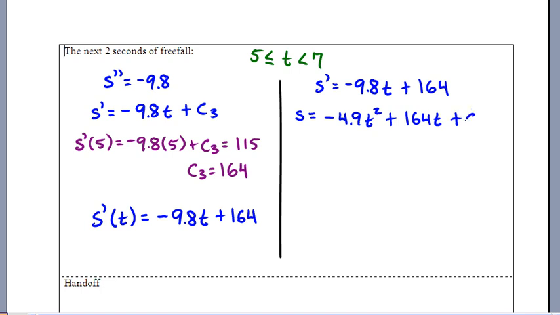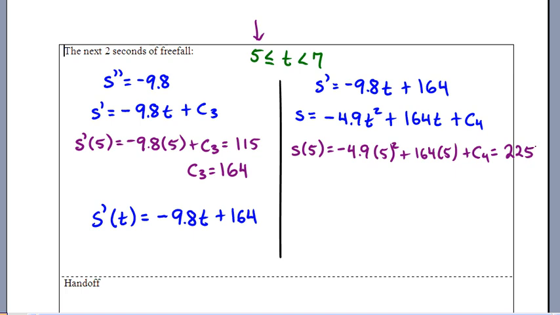and another constant, C4. Okay, well, I've got a boundary value. That transition, that handoff from the first stage, I know that this s, when you put 5 in at the beginning of this window, I'd have negative 4.9 times 5 squared plus 164 times 5 plus this mysterious C4. I know that has to work out to be the end of the last window. It'd have to be 225. And when you solve this, you get kind of a weird looking C4. It's not 225. It's negative